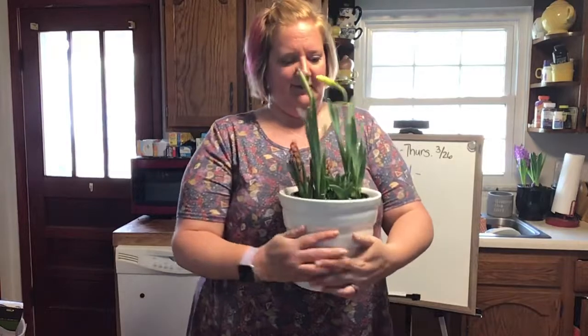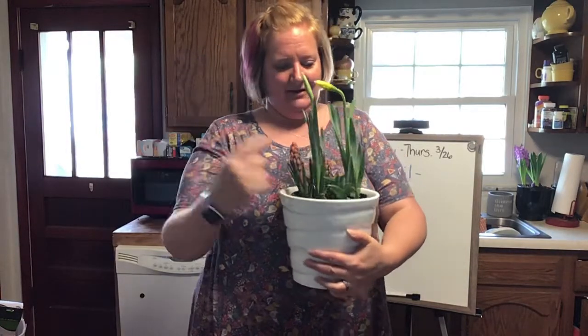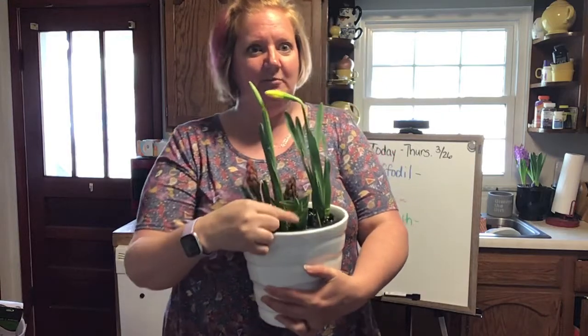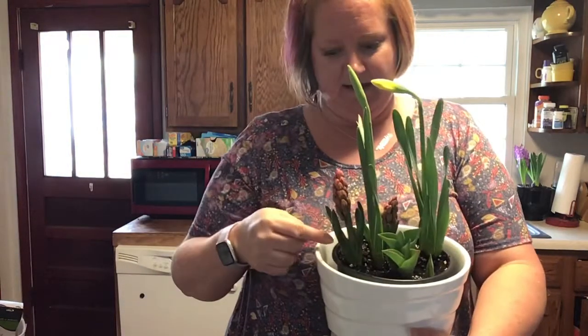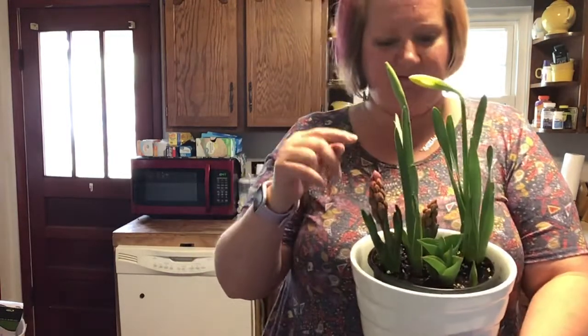Remember, what's this called? It's a daffodil. This one, the little one that doesn't have the bloom on it yet, it's a tulip. And this is a hyacinth, okay? And I'm just going to pick, since there's more than one,